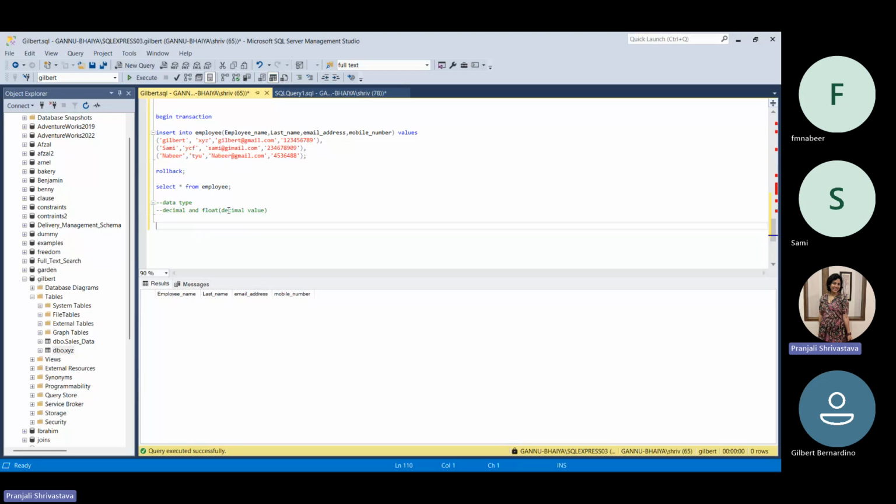Approximate values means suppose you are creating one table for students, and there you have one column where you're storing the percentile. If somebody got like 93.66666, you will simply round figure that percentile, you can simply write 94. You are making an entire number rather than writing decimal values. So in such cases where you are simply storing the approximate values, we use the float type